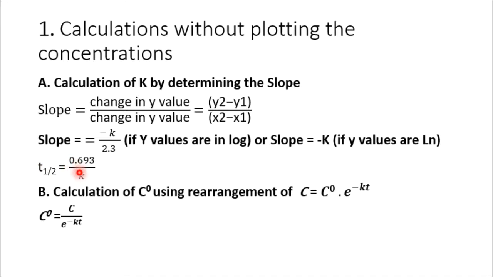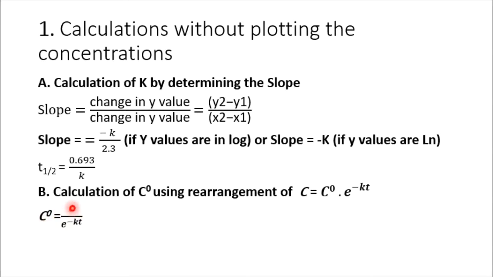For the calculation of plasma concentration at time 0, we can rearrange the equation for the straight line. So the equation of the open model, IV bolus, is that plasma concentration at any time equals plasma concentration at time 0 multiplied by e to the power minus elimination rate constant multiplied by time. Then in this case, plasma concentration at time 0 equals plasma concentration at any time,